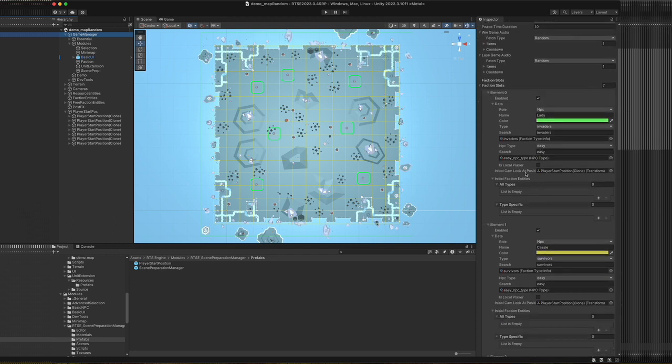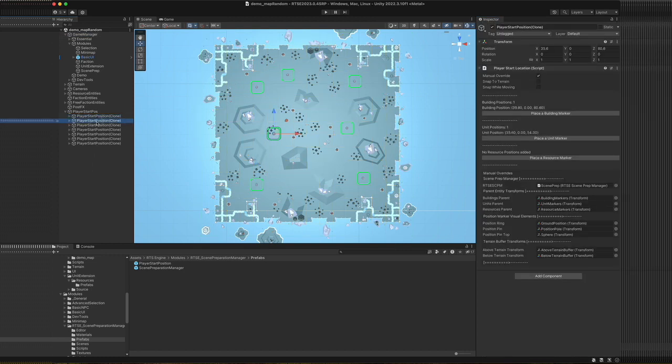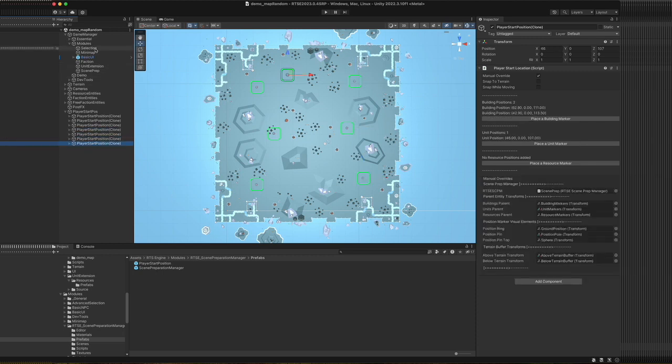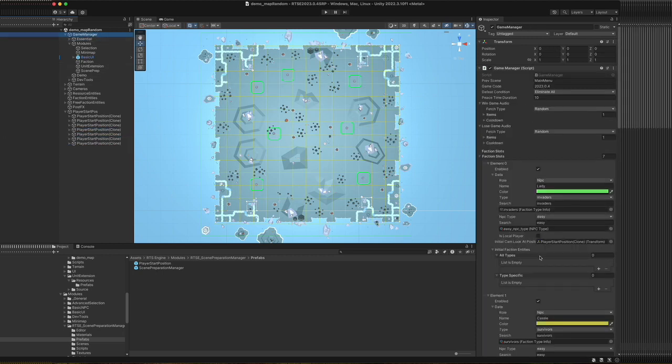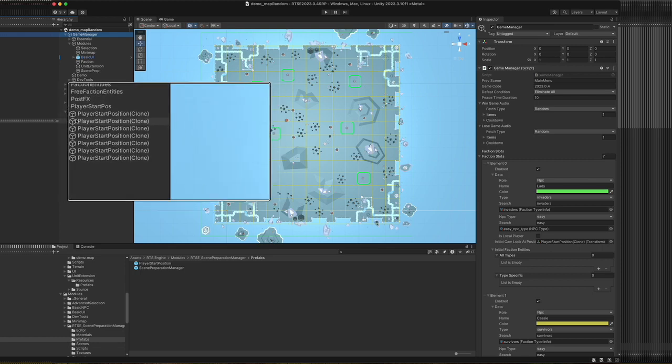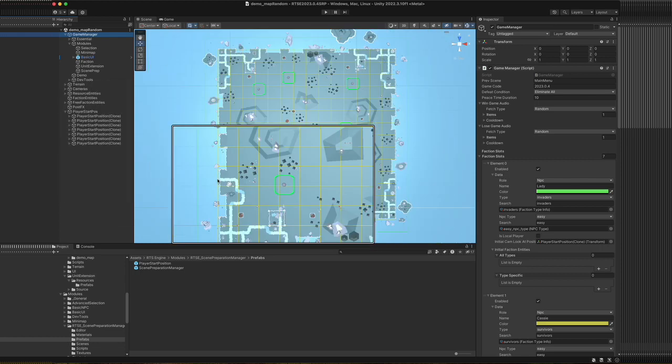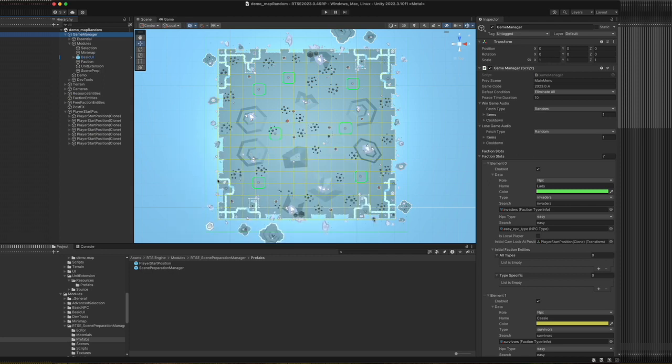So the initial cam look at position has to be associated with the start positions on each start position. So for each faction slot in here, it has to be associated with that start position. And the reason for that being,